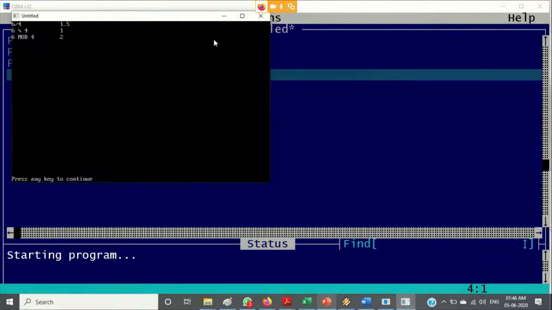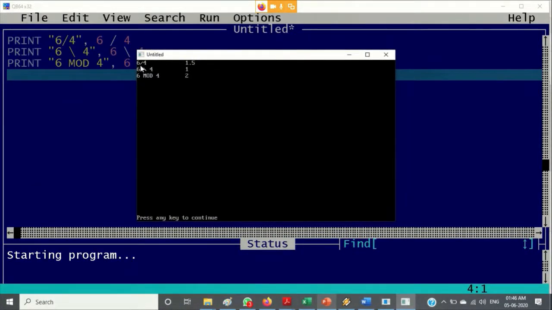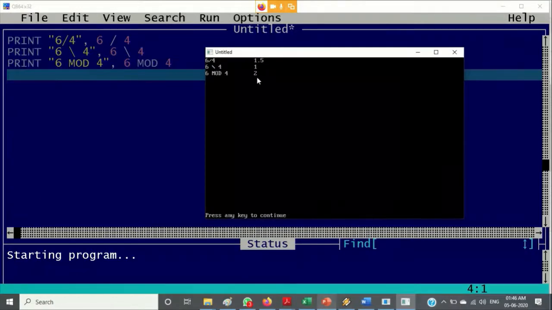You see the output. The first one is the normal division. The second one is the integer division, where we are going to get only the integer part. The last one is 6 mod 4, where you are going to get the remainder. Let me repeat this.